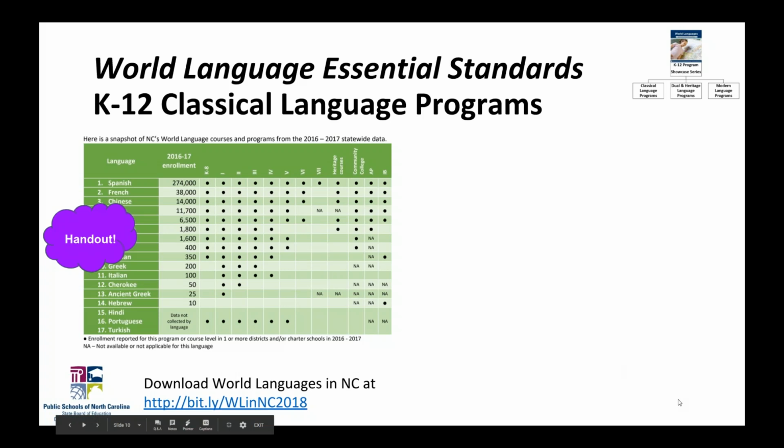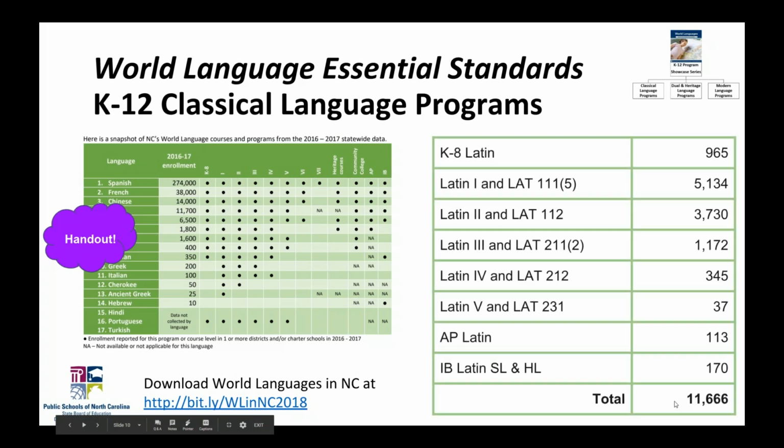Now, if you want to look at where these numbers come from, I do have a more detailed breakdown coming up on the screen. Here it shows you from those dots on the chart how many individual students are taking these courses, or at least took them in the 2016-17 school year. So you can see that we do have a strong K-8 Latin program, although it's limited to a few districts and schools. We do have folks studying K-8 Latin. And then we have Latin 1 through 5 that we've had course code enrollment data. I would include 6 if we'd had course code enrollment data from that year for that level. And then also AP Latin and IB Latin.